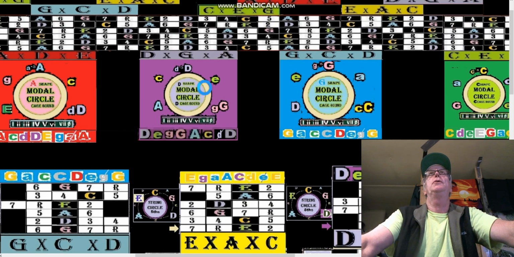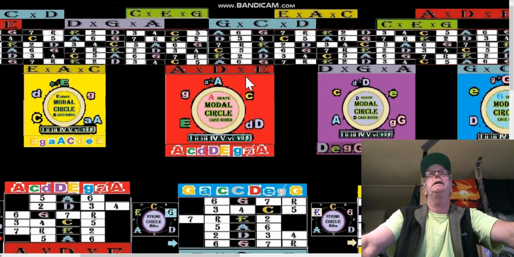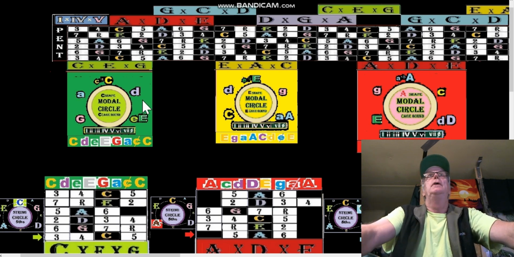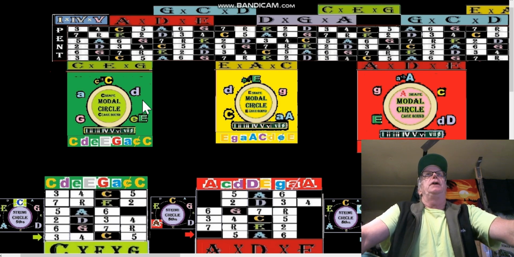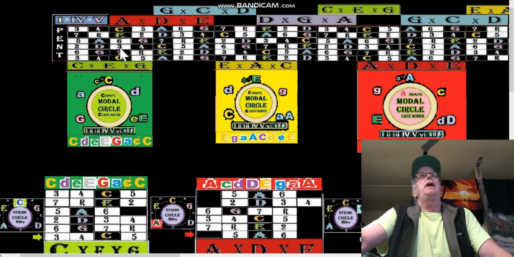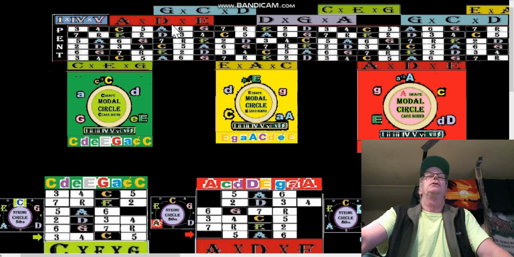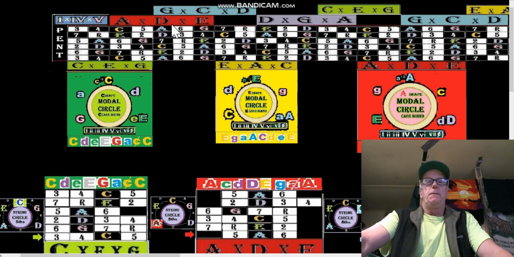And then along the way, I can stop here and show you the modal circle for each of these. So like I say, when we're doing arpeggios, we don't have to traverse cages, but it helps to know which cage you landed in. And there are certain minor